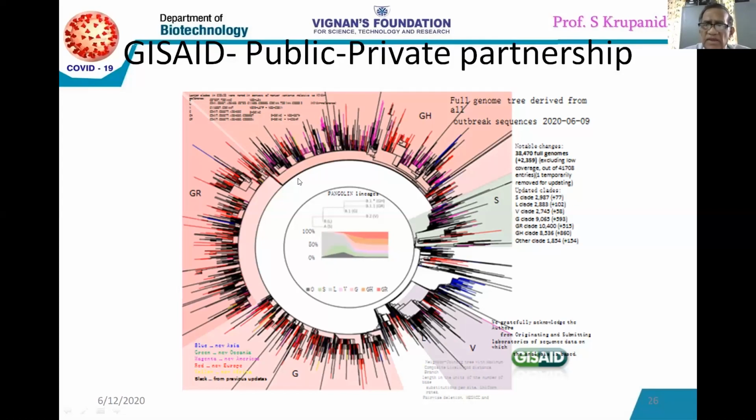Here you see, this is not between taxa, it is between members of the coronavirus, from India, from China, from several places. They found nearly 36,000 genome sequences. So far 36,000 genome sequences have been isolated from coronavirus. None of the other species have been done like this. Out of these 36,000 sequences, they identified S clade, L clade, V clade, G clade, GR clade, and so on.